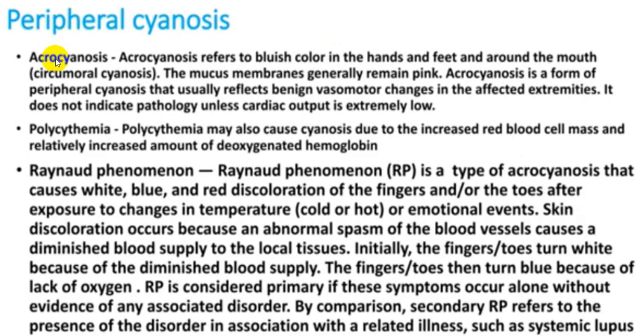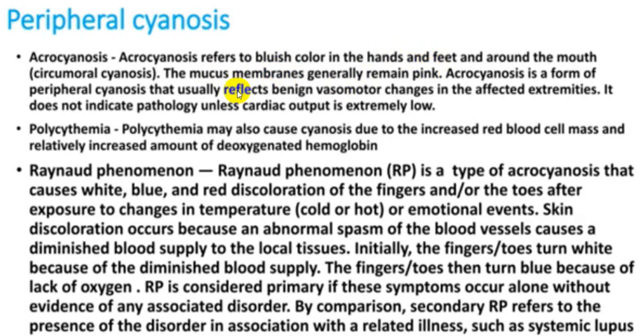There is one word called as acrocyanosis. This acrocyanosis means bluish color of hand and feet and around the oral cavity. That's why it is called circumoral, means around the oral cavity, that is lips and tongue. Along with that you might have hands and feet, that is toes and finger. This mucous membrane, that is good number of time, the central part, that is tongue, buccal mucosa, pharynx remains pink,